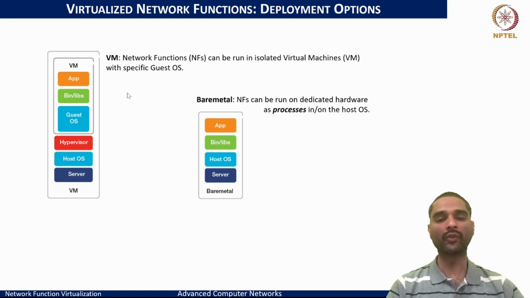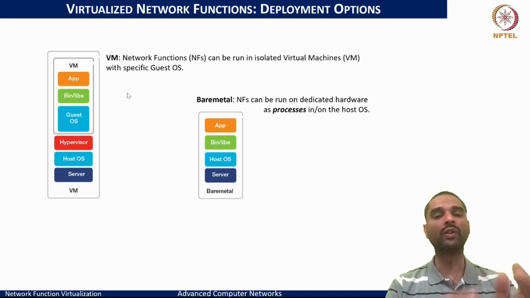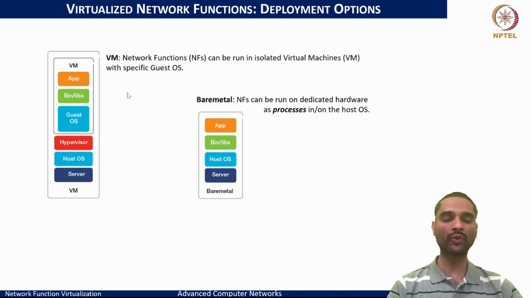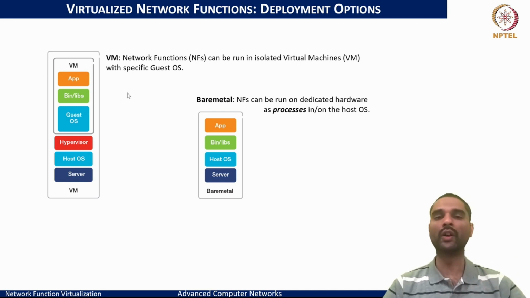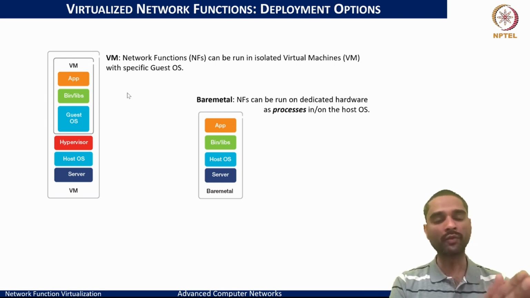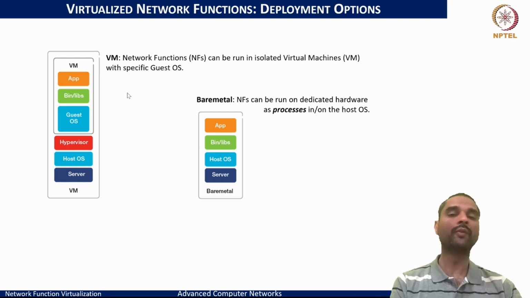And here what we mean is, we create a virtual machine on top of the physical infrastructure through the use of the hypervisor, and run our applications or network functions as an application within this virtual machine, which would have its own guest OS that would run on top of the hypervisor. And this facilitates maximum isolation, and ensures that these virtual machines can be spawned and run